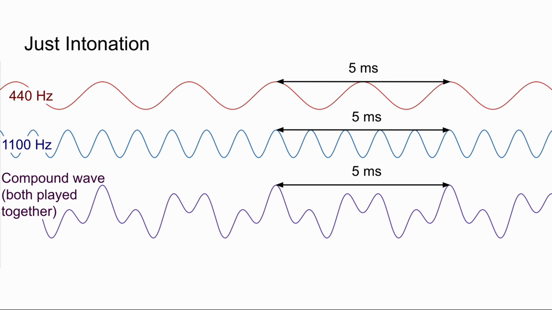The interval isn't quite as consonant as the octave, and we can tell visually as well, as we can see that the compound wave is more complex than the one for the octave. However, it's still extremely blended and consonant. The compound wave still repeats predictably, as we can see. Now, let's look at a dissonant interval.